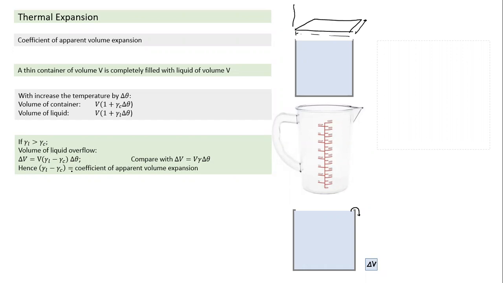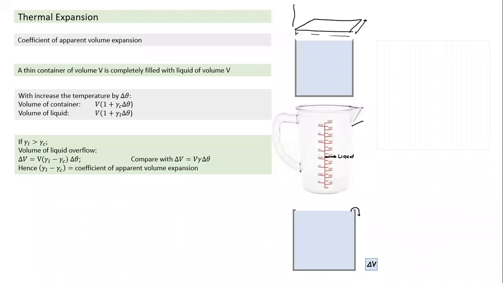And this is because there is an expansion in the container also. And why you call it apparent, just try and visualize here. I have also taken a figure of something like it. This is a measuring can here, and fill up this liquid to a level of 500 cc. Up to this level, I fill up the liquid here. So if I look at the container, I read the reading as 500 cc.